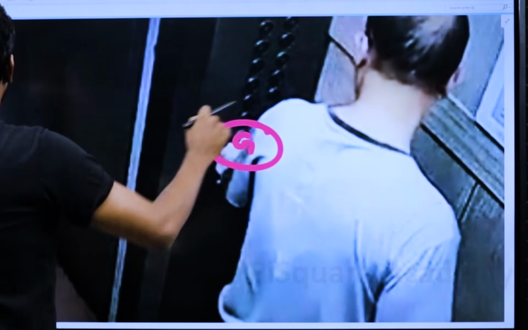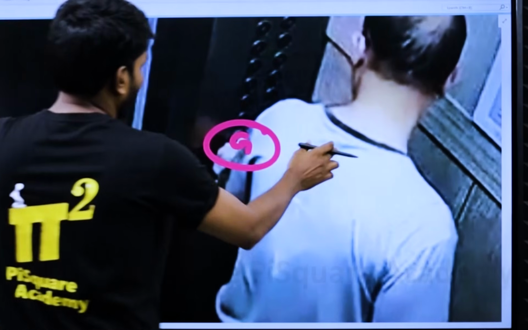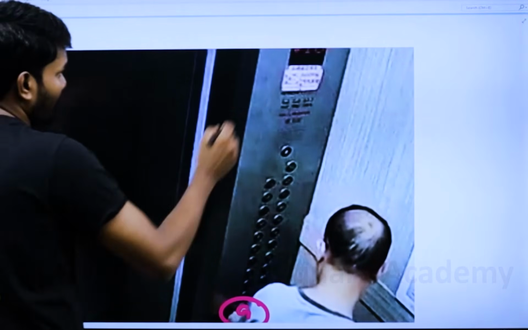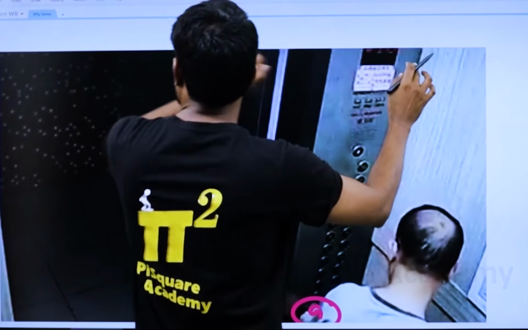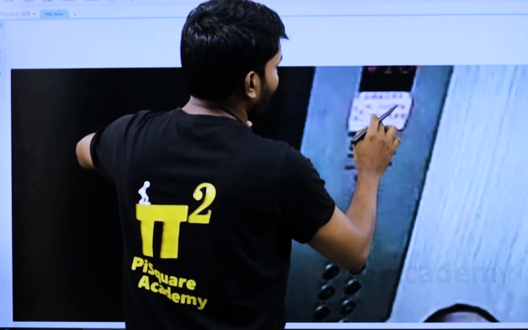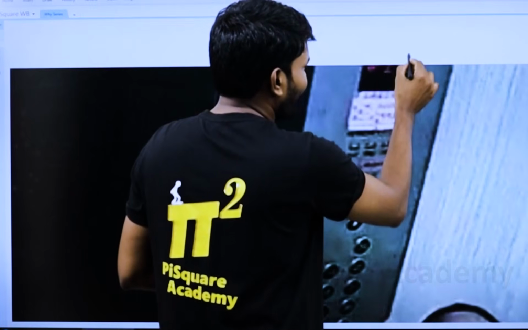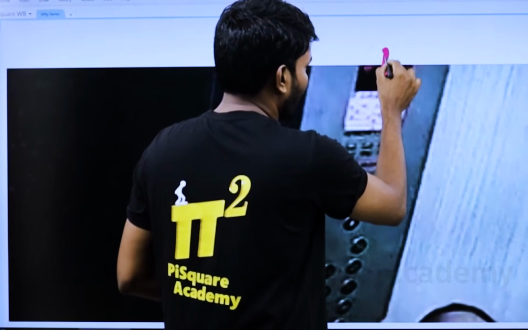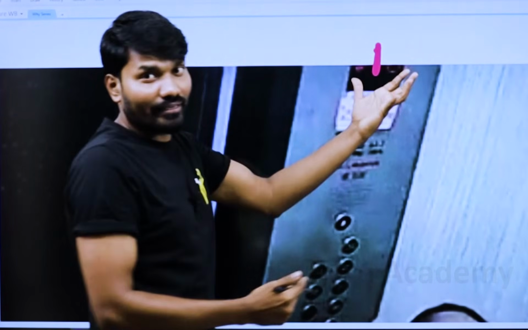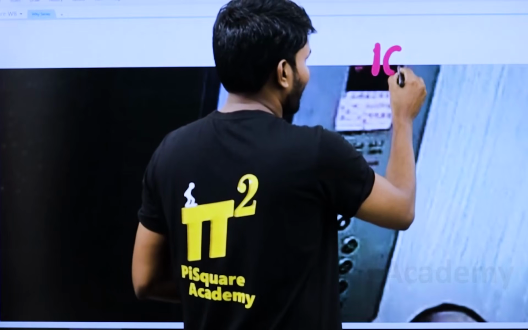So I'm considering this as him pressing ground floor, and he is right now on the 10th floor maybe. If you look at this, you'll understand. If you fill this in, this might be 10. This is for sure 1, and this might be 10, 16 or 18, anything. So for the sake of better understanding, I'm taking 10.